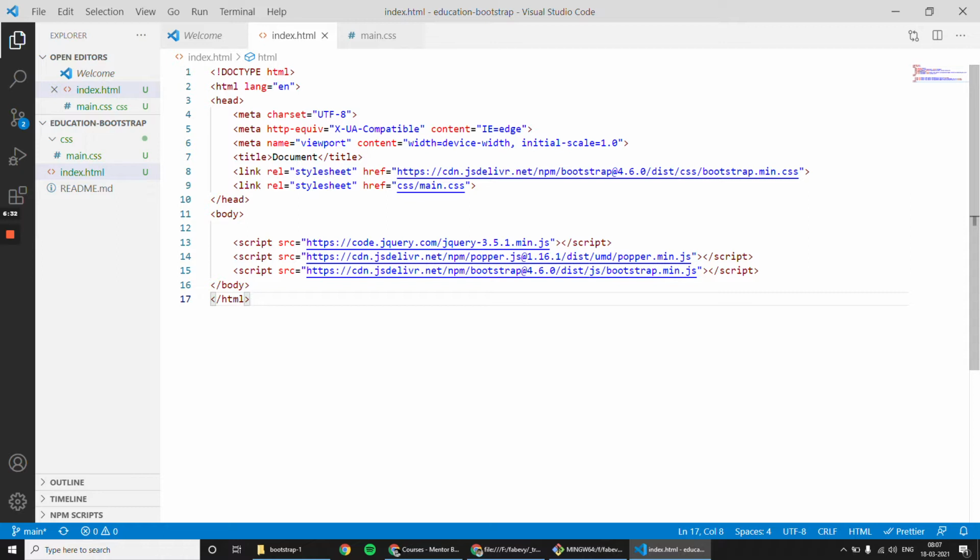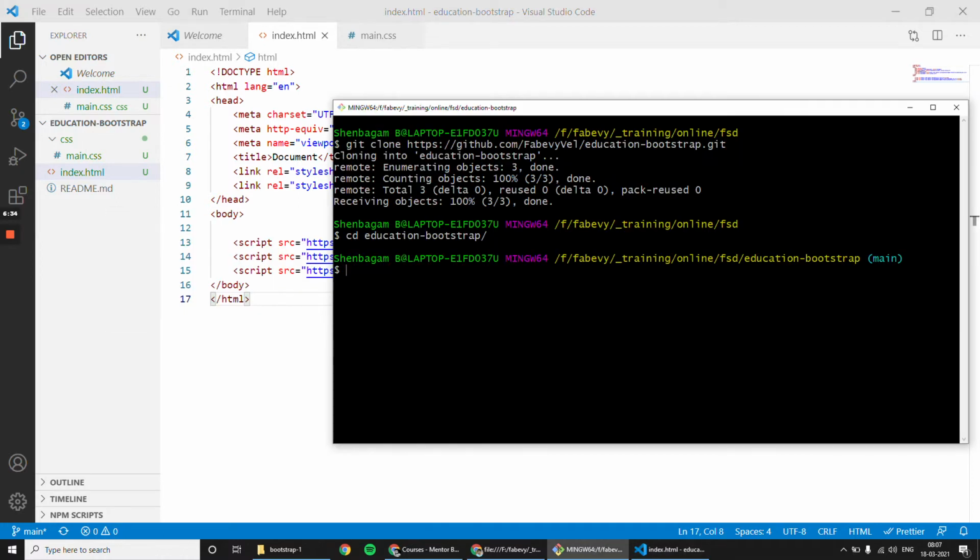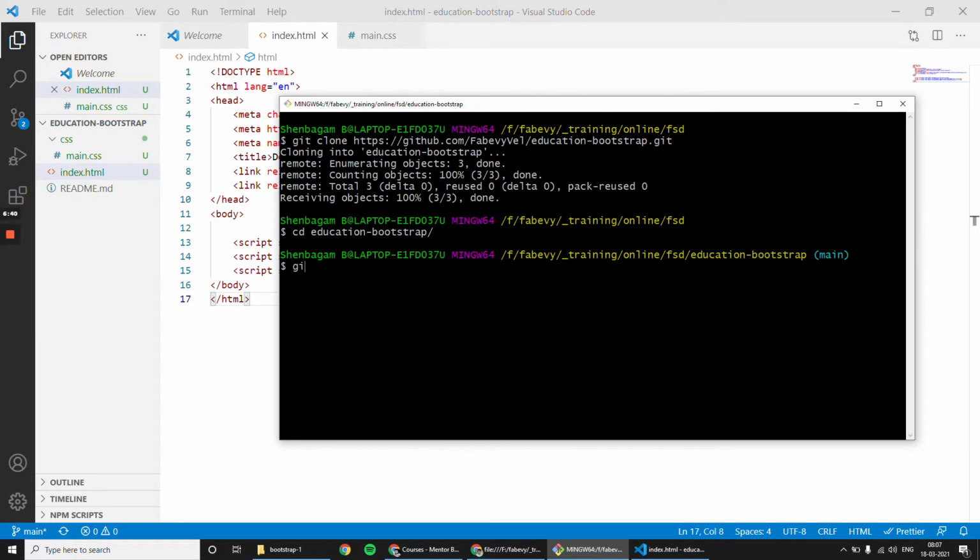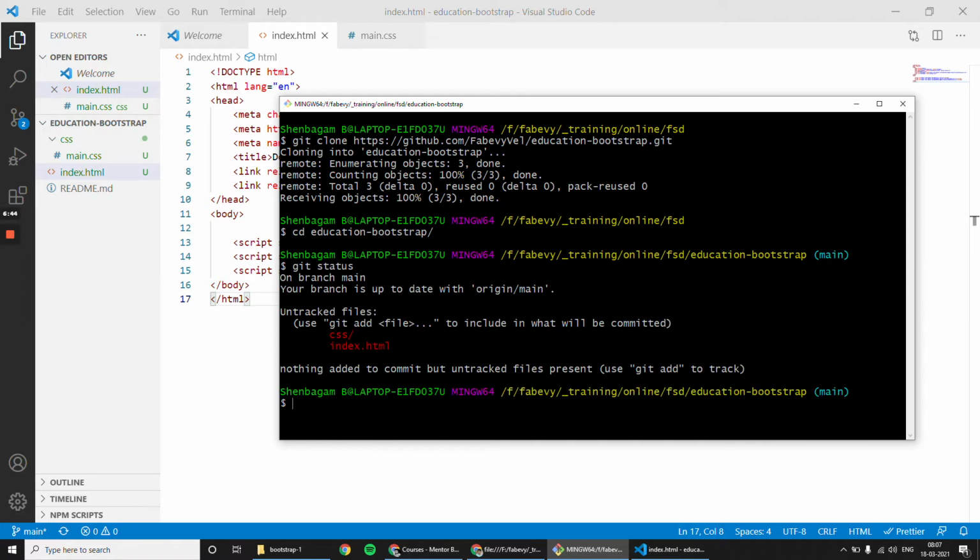Let me commit this first. So we'll come to my Git Bash. Git status will tell me what are the files that I have added. I have two things: one is the CSS folder, another one is index.html.